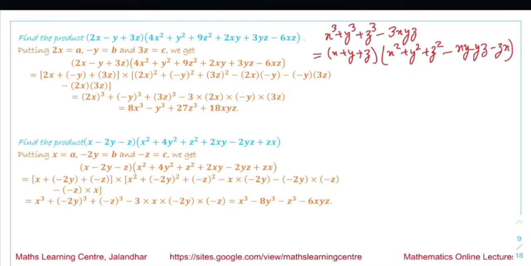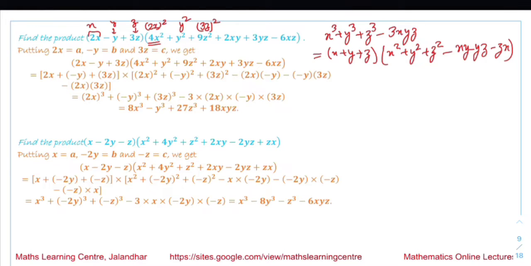This is the formula we are having with us. So what we are going to do now is, when we look at these terms, if I consider this is x, this term is y, and this term is z. So what we can see from this, the next term will become 2x square, the next term is y square, and the next term is 3z